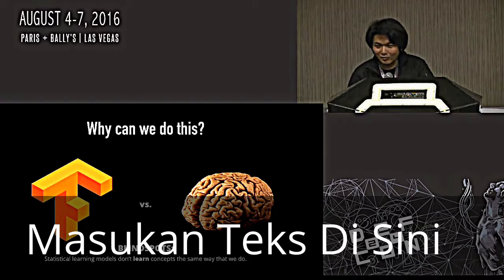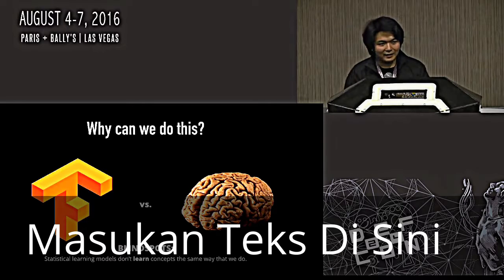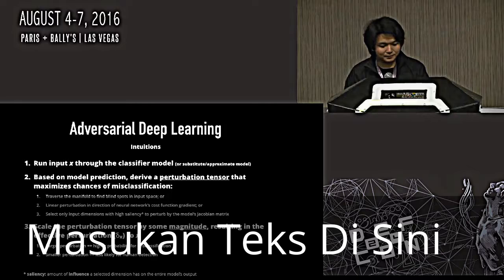Basically, it's an open research problem, and not everyone in the research community agrees on why you can do this. But mainly, it's the concept of blind spots. Machine learning models learn in ways that are vastly different from how humans learn, and there's this concept of the data manifold, which is the mapping between the input and output. And there are gaps, there are pockets in the data manifold that allow you to do such things.